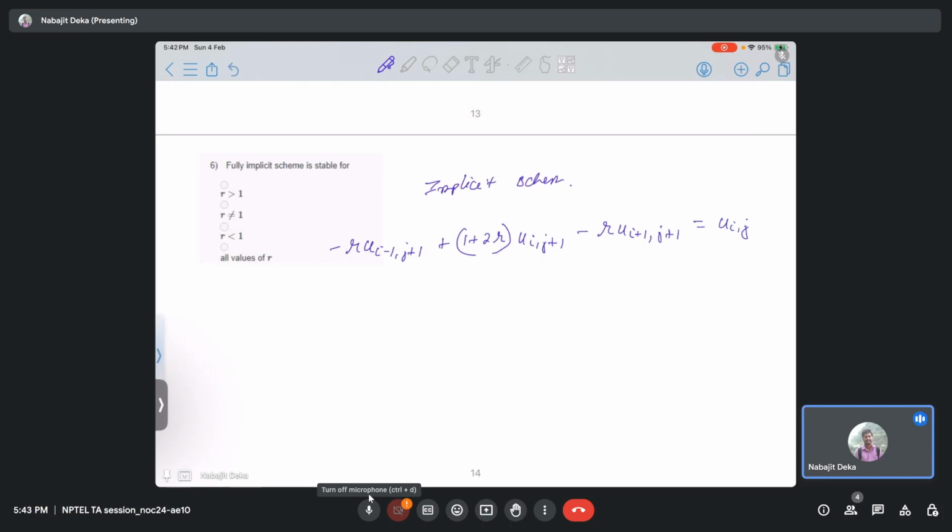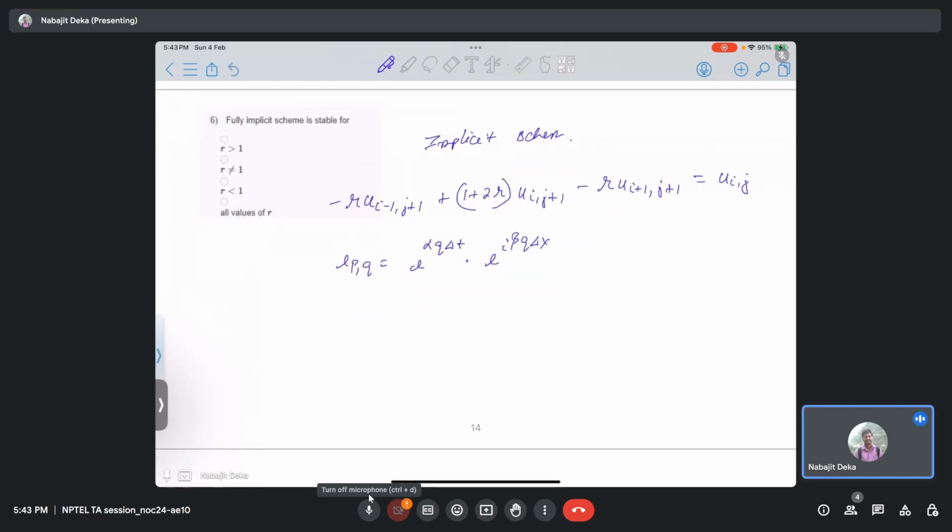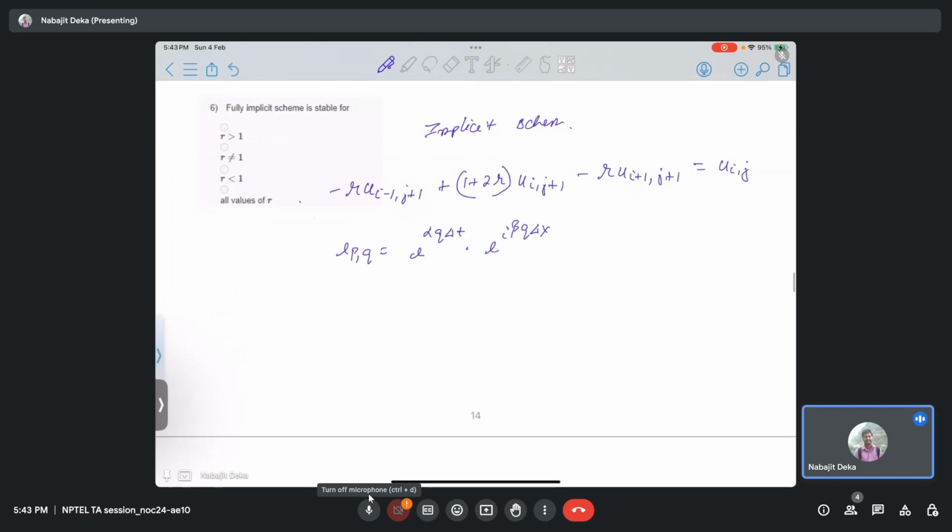So now, if we take the error term like we took in the explicit scheme, e to the alpha q delta t times e to the power i beta q delta x, an error of this form, because we saw the error and the solution will be of the same form. So now again, if we put this here, the error will be of the